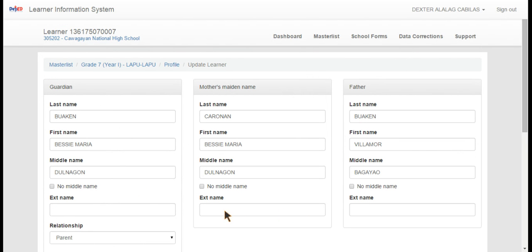Now you can see here the name of the guardian, and the mother's maiden name of the learner together with his father. Now, if there are discrepancies in the names that are stated herein, which are not the same as that which is stated in the NSO library, all you have to do is to click on this specific name field and then start editing it.